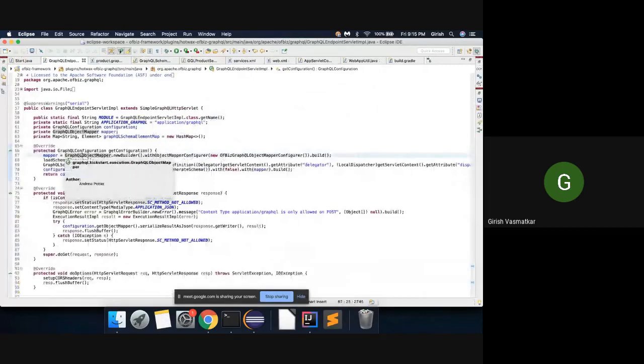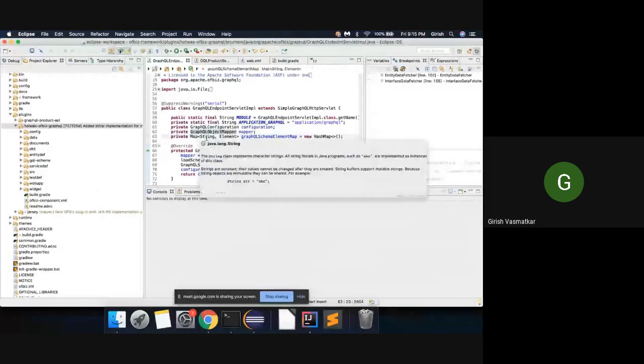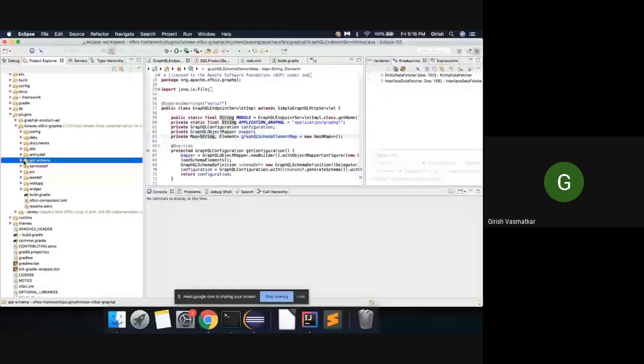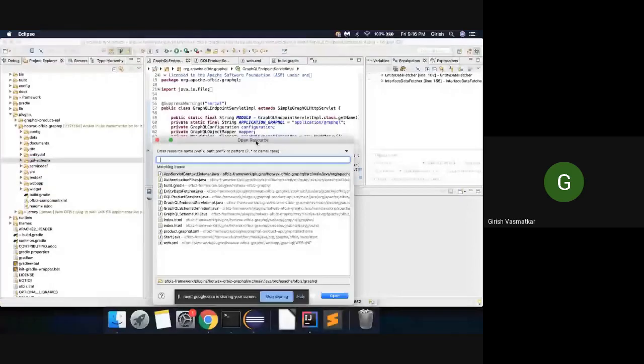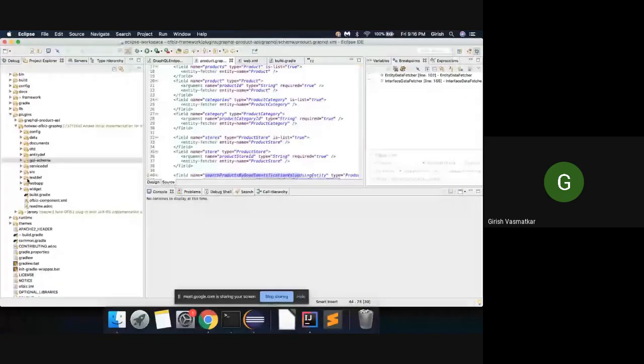In order to provide the schema, what we have done is we are taking the idea from the Moqui implementation for GraphQL, and there we are trying to come up with our own schema language. We are expecting this XML schema file to be present in whatever plugin